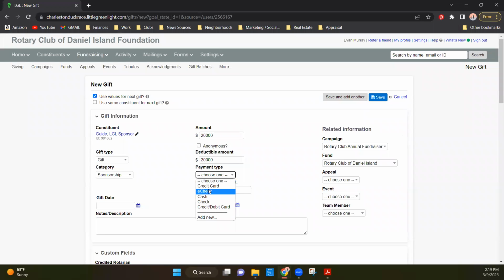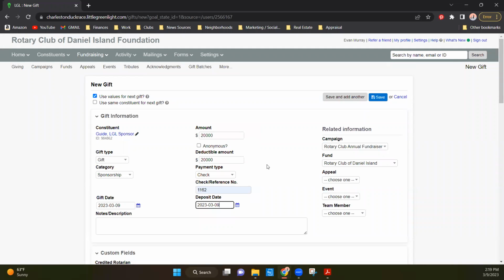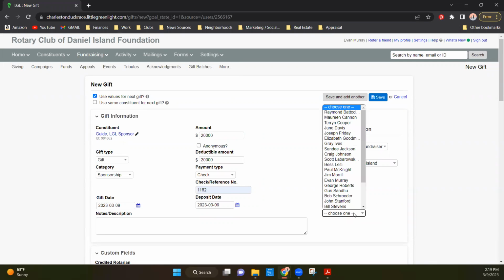And you'll select your method of payment. We'll go ahead and say that this is a check and use the same check reference number as before, which was 1162. And we'll put the gift date as today and the deposit date as today as well, as if we're putting it into the bank right away. And the event, we'll call this one a St. Patrick's Day event,